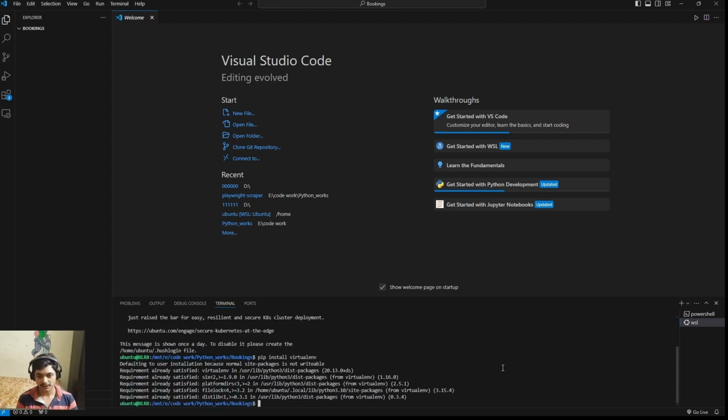I already have the virtual environment package, so I can directly start creating the environment. So the command would be -m. Then we need to specify the operation, that is venv. We want to create a virtual environment, and then we need to name the folder, and I'm going to name it .venv